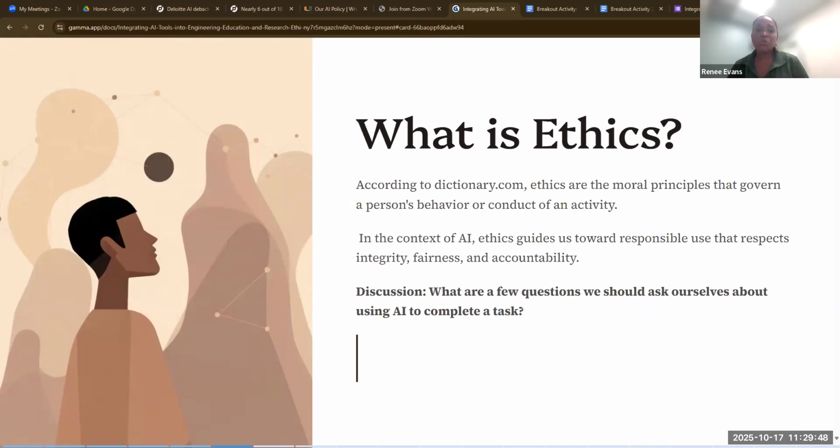Brittany says, how would we feel if our professors, supervisors, co-workers, etc., knew we used AI to complete the task? Okay. Do I understand how the AI makes the decisions? Are the facts and citations in the task true?